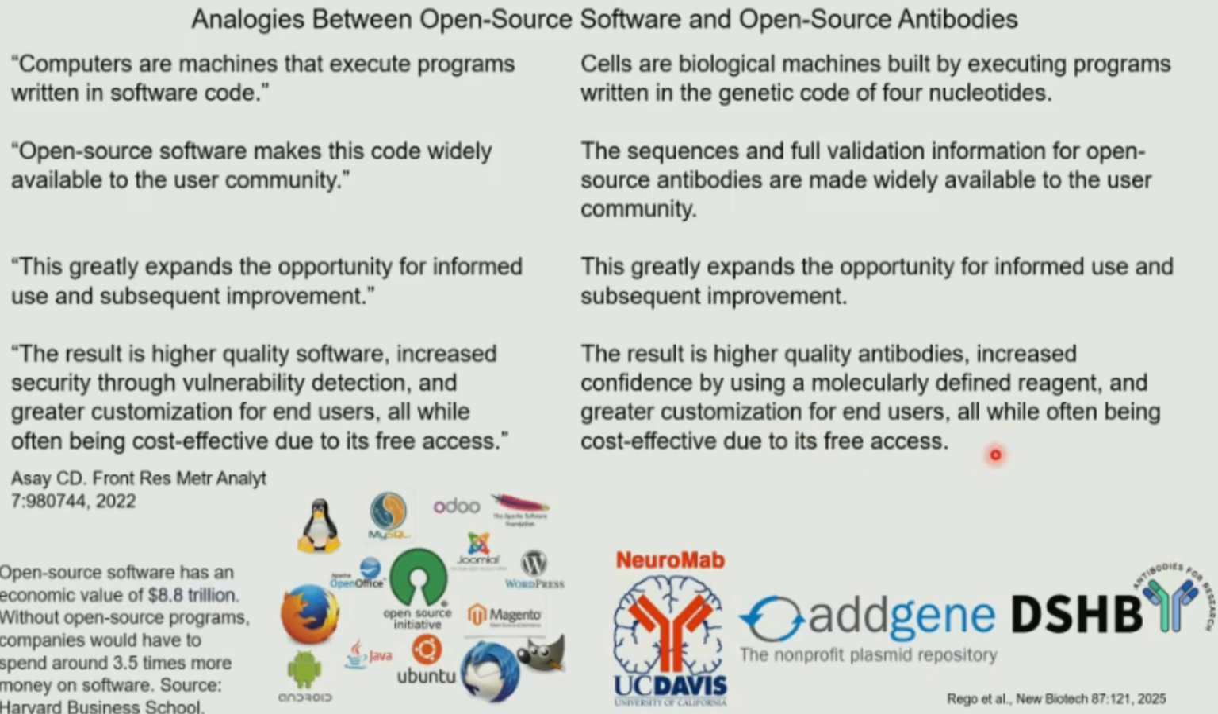And the objective here is that by using and enhancing the availability of open source antibodies, we can address the issue of molecular definition of the reagent, allow for greater customization, as well as cost effectiveness and more democratization of antibody access, especially in resource limited countries. This idea came about as a collaboration between our facility at UC Davis with AdGene, the nonprofit plasmid repository, and with the Developmental Studies Hybridoma Bank at the University of Iowa. And Doug Houston's here, and we'll be talking about